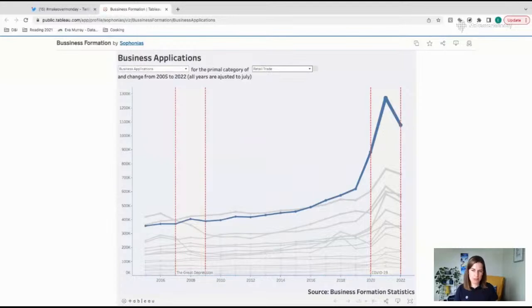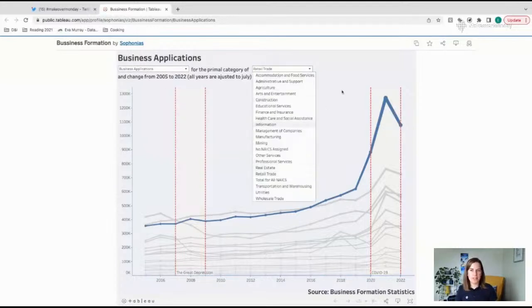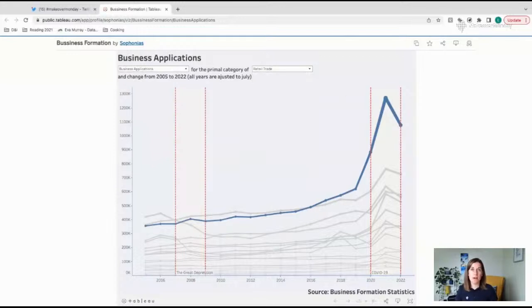again, as somebody who just looks at this, I'm like, why do I care? Why do I care what the industry is? Unless somebody tells me, oh my God, there are 3 industries that are so wacky, you should check them out. But then I don't need a list of 20. So I would stick to one story. So maybe business applications for retail are super interesting because you see this big spike. Remove the filter, just tell us the 2 things, business applications and retail trade, explain them a little bit, and point out what happened.